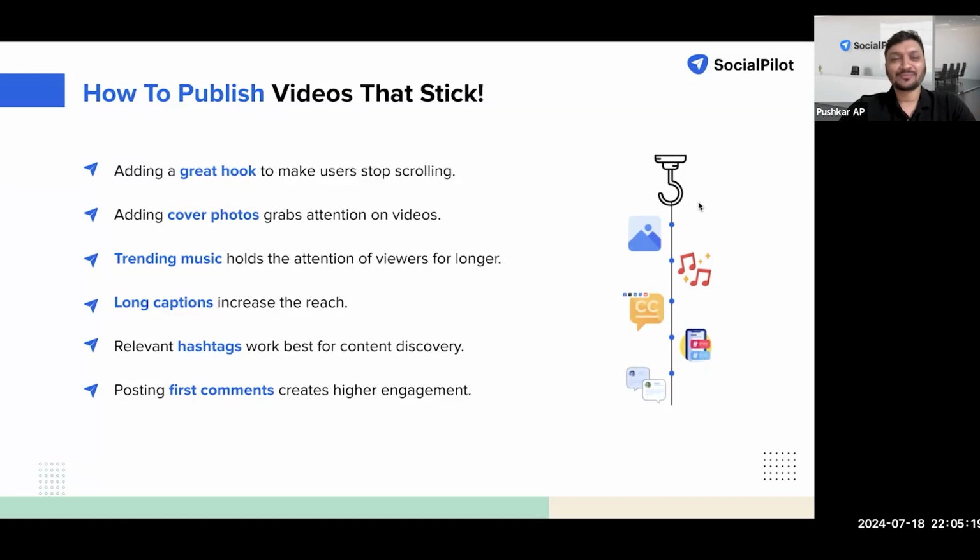Next one is pretty common. What's a social media post without a good caption? We've seen that well-written captions with relevant hashtags help users discover new video content and in turn increase the number of saves and shares. With all these tips in mind, let's get started with some insightful sessions